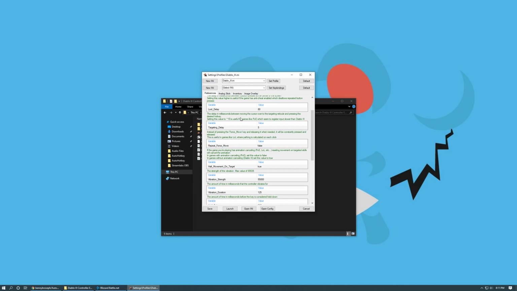In Path of Exile, I raised it to about 10 milliseconds, because lower than that, it was having some situations where it wasn't quite registering that the mouse had moved yet. So if you're having some issues with pressing a targeted skill and it's not going where you said, try raising this value. It is in milliseconds. All right, so next,